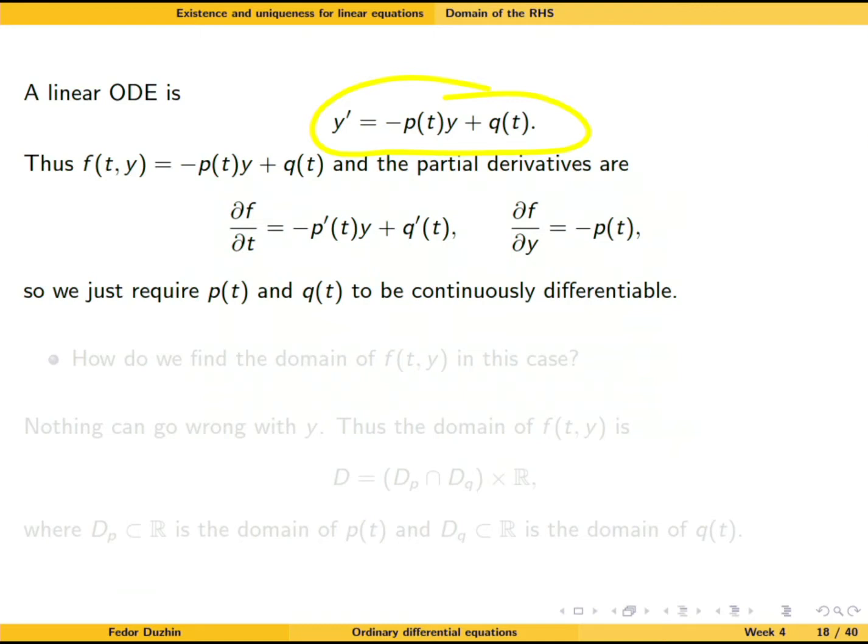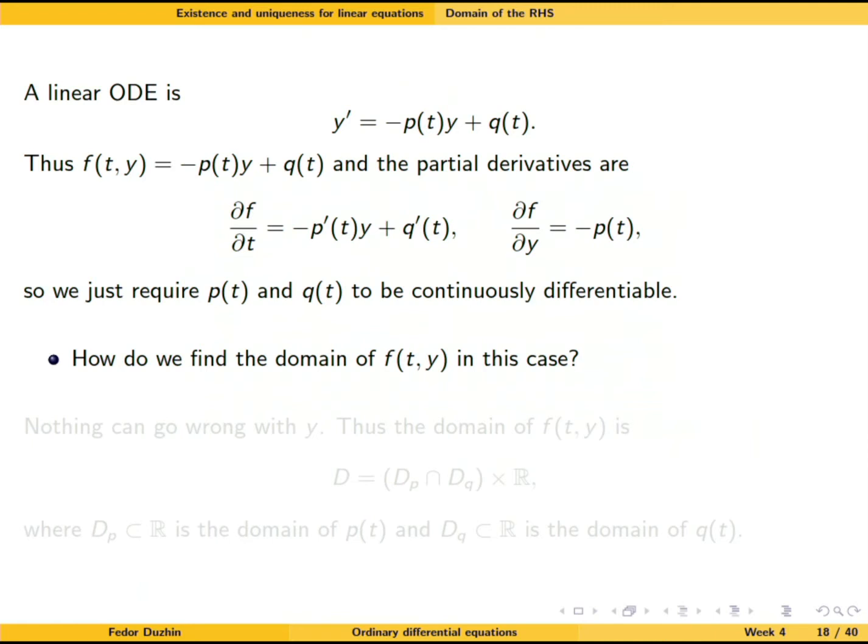Well, basically, if we require the right-hand side to be a continuously differentiable function, then it just means that these two coefficients, p of t and q of t, are continuously differentiable functions of one variable. So the question is, how do we find the domain of the right-hand side in this case? But then when we find the domain of any